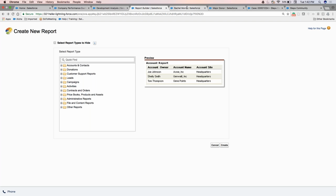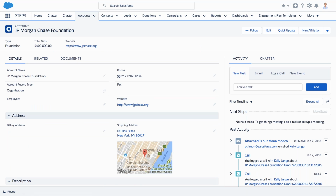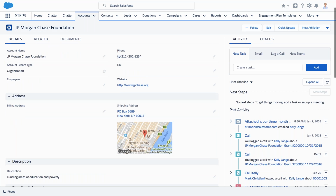And last but not least, and I know I showed you, this is one of the questions that has been asked here: we already know that you'll be able to track your donations for individuals. It's also incredibly strong at managing your organizations. As I told you, the household is the type of data architecture within Salesforce, but we also have what we call the organization record to track any company, corporation, government official, business, anything that you need or want within organizations, within the NPSP package. In this case, you can see how I can actually see JP Morgan Chase Foundation and track all that information that matters to me